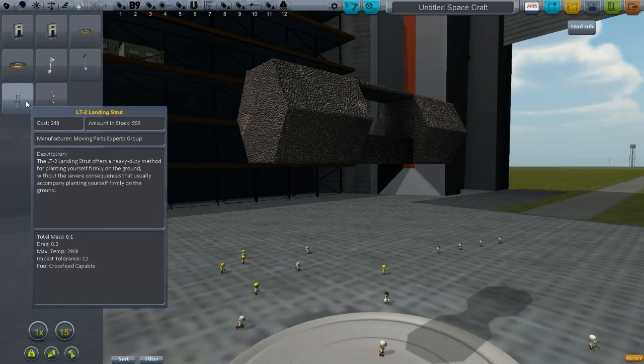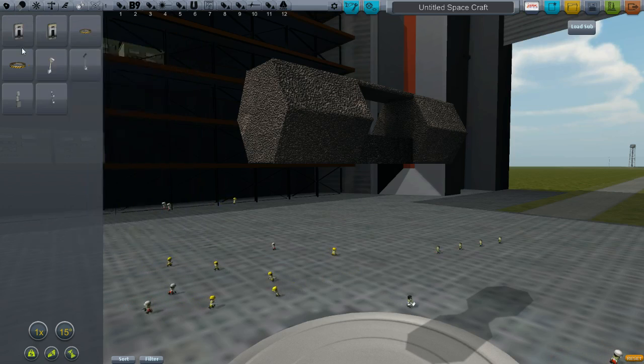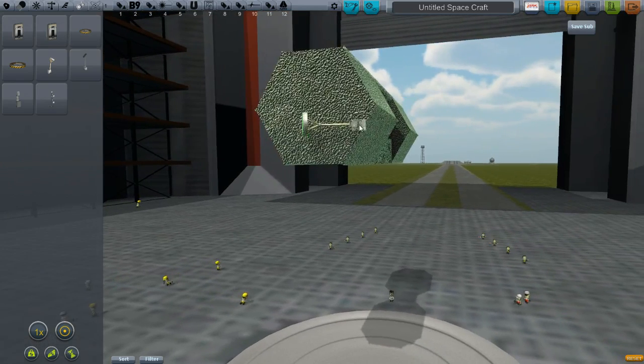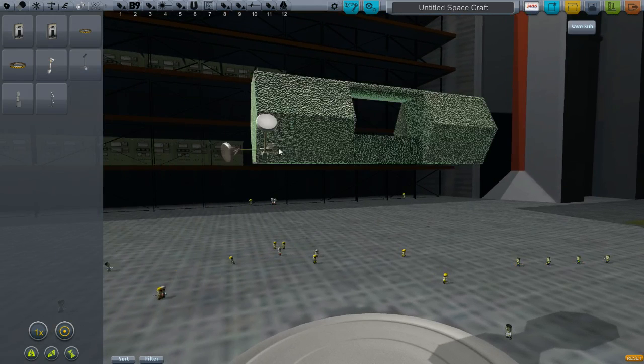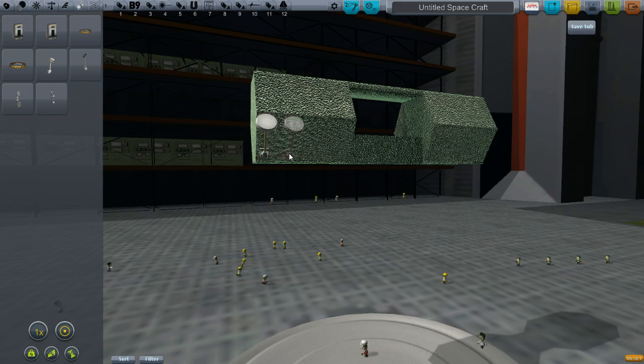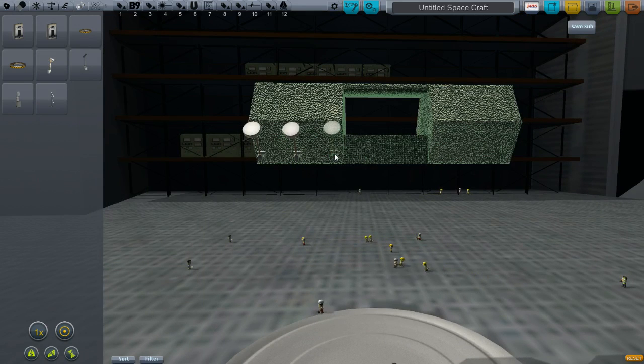And I'm kind of basing it off of impact tolerance. I think these would be better, but I just don't know if they're going to be enough to support it. And those are the ones that have the highest impact tolerance that I've seen. And I'm not sure, what if we... I'm not sure if it's actually smart enough to handle, if we put multiple, we'll actually spread the weight out over the legs instead of the legs breaking off. So if we did something like this,